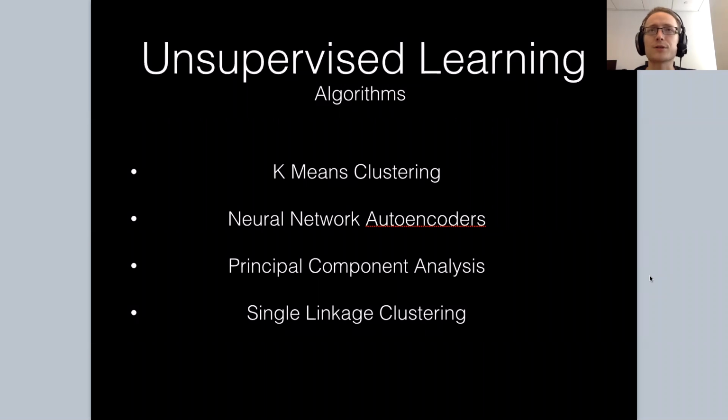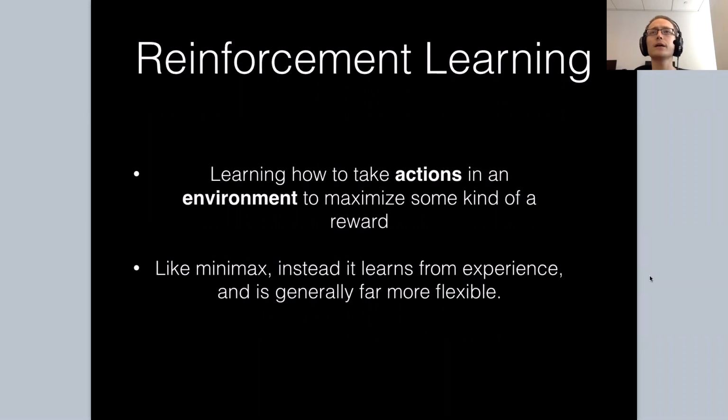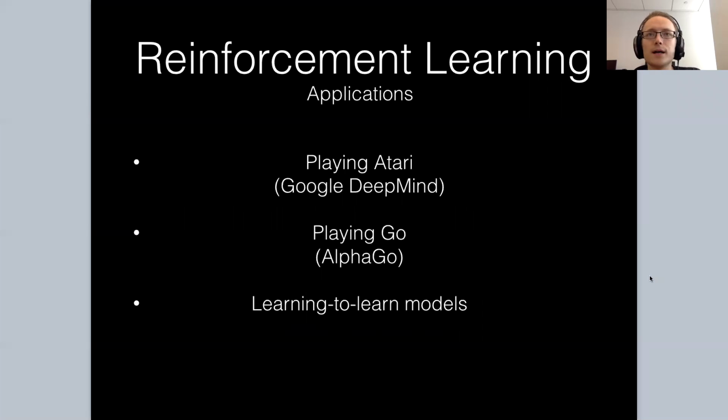So that's unsupervised learning. And finally, we have reinforcement learning. Reinforcement learning, generally speaking, is about how to take actions in an environment to maximize some kind of reward. So it's like Minimax, except it learns from experience and is generally far more flexible. Examples of reinforcement learning applications include playing Atari, such as is done by Google DeepMind, playing Go, with AlphaGo made by the same. And there are also more interesting meta models,